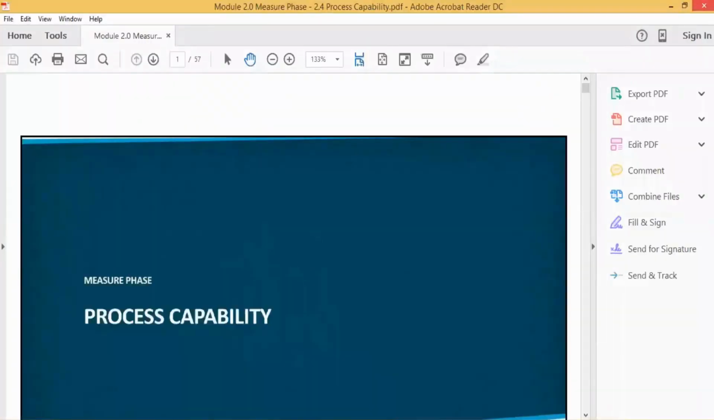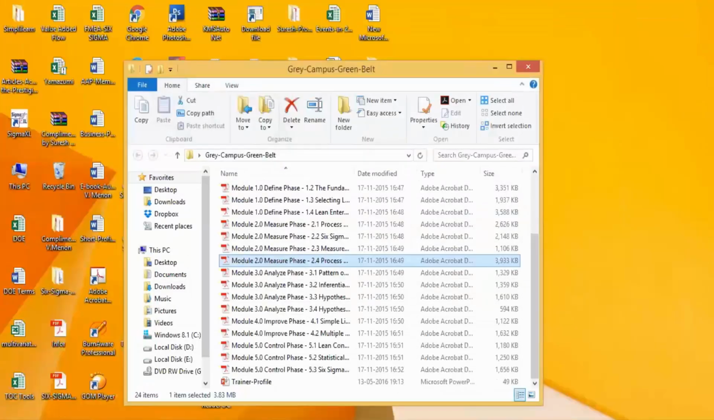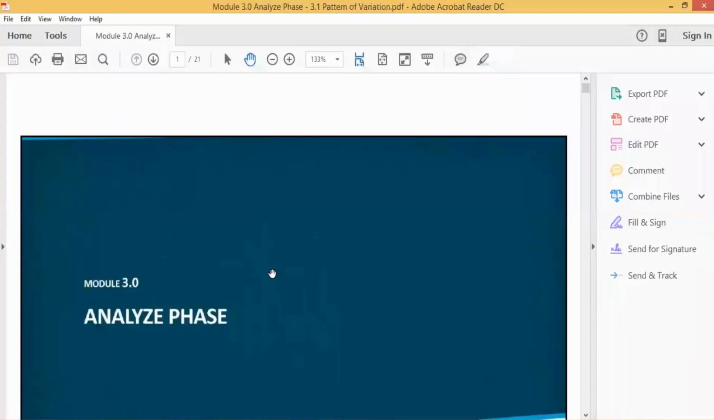We finished this process capability, so we did not take it back. So we have finished with the measure phase. Now we move on to the analyze phase. This is the third part of define, measure, analyze. This is the third part of the DMAIC,